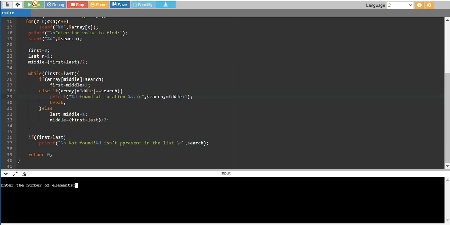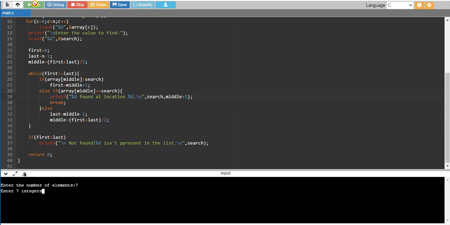Okay, now it's working. So enter the number of elements. I have to enter here the number of elements, that is input. So I'll enter here 7. Any number you take, 7 I'm taking. Enter 7 integers, right?